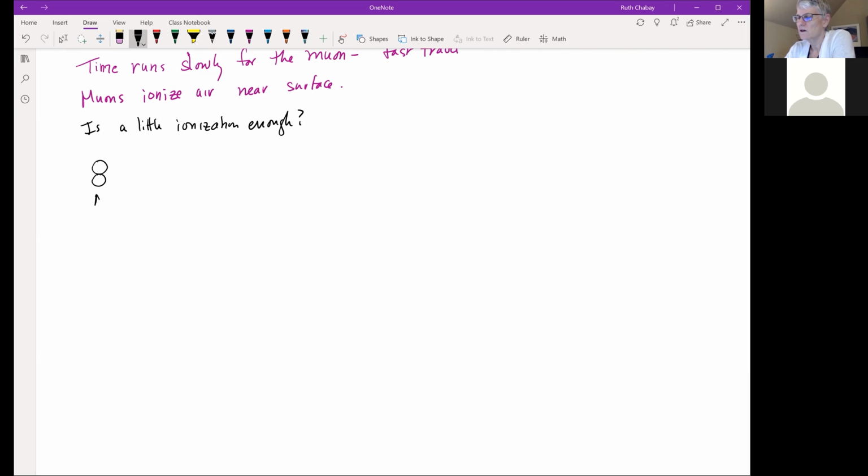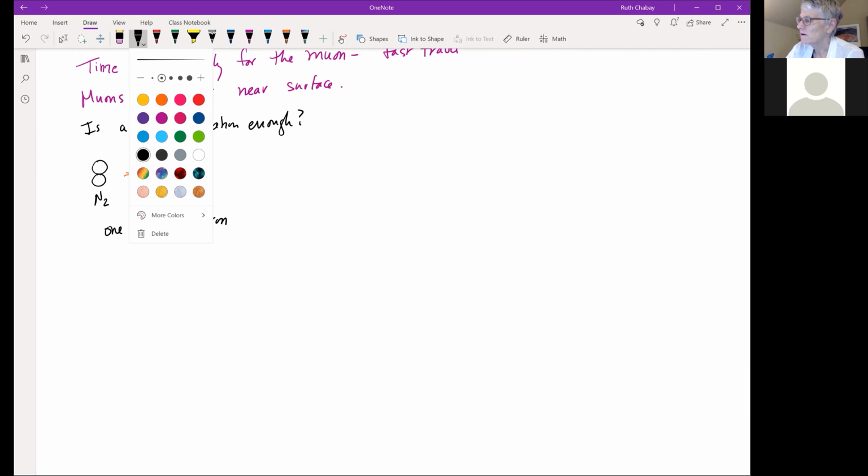Here's an N2 molecule. Here's our electric field. Here is one single free electron that was made by being ionized by a muon. And it's obviously going to be going this way. So we start with one free electron. Now what is this electric field? Well, this is the electric field due to your finger and the doorknob here. So without this electric field, nothing happens. But now that we've got this electric field,